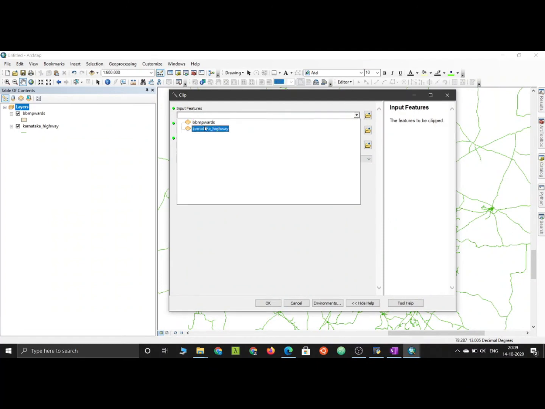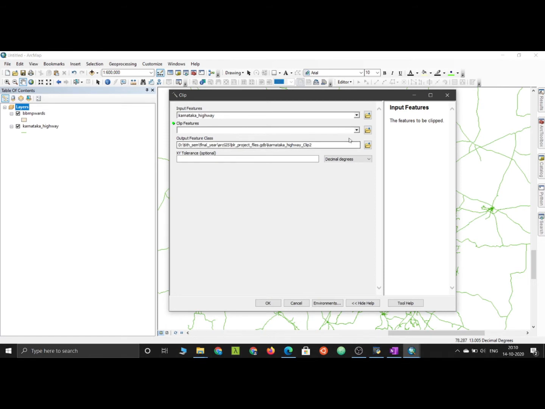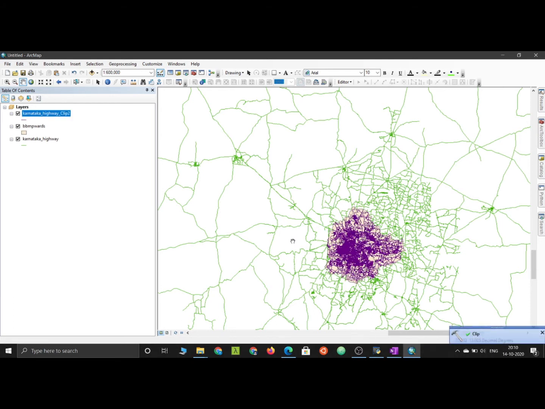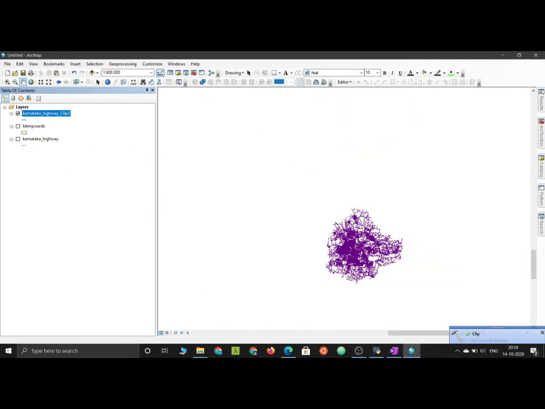I use the input feature as Karnataka highways and I use the clipping boundary as wards. When I do that, I would have only the highways bounded by the BBMP wards. So our output layer is now ready.